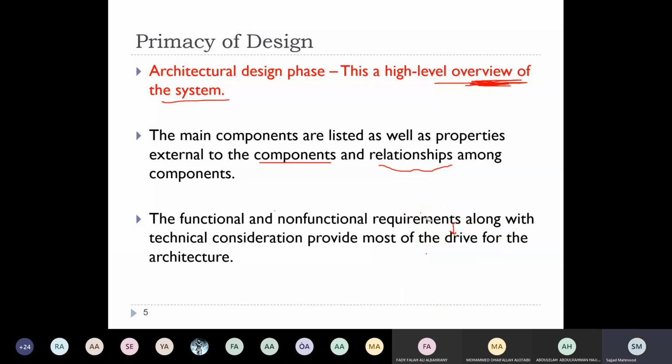This is an important point. Have a quick read of what I'm saying here. The functional and non-functional requirements, along with some constraints, provide most of the drive for architecture. In other words, your functional requirements and non-functional requirements, or what I usually call quality requirements, are the most important input for you to decide what is the most suitable architecture for my application,